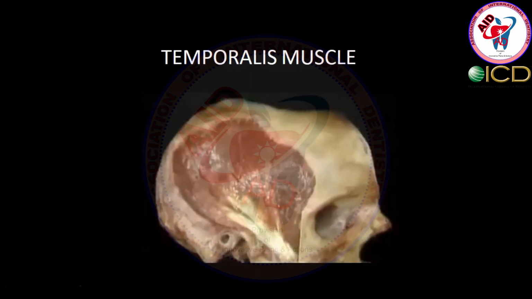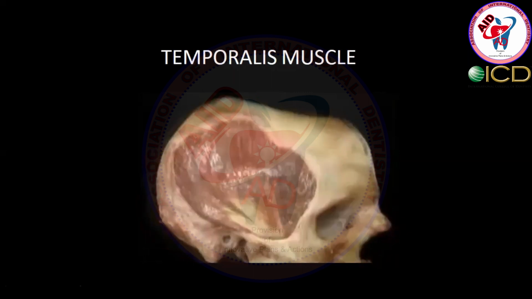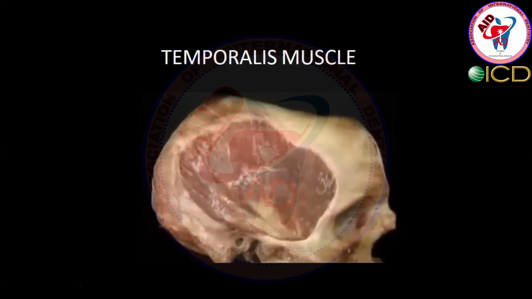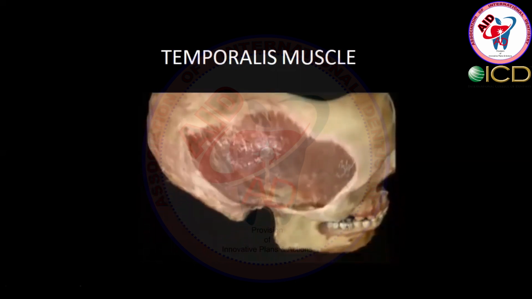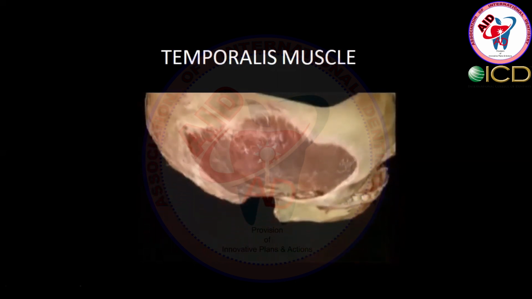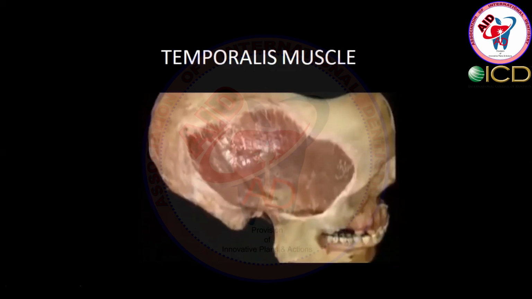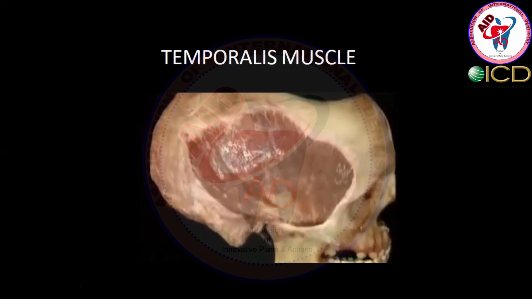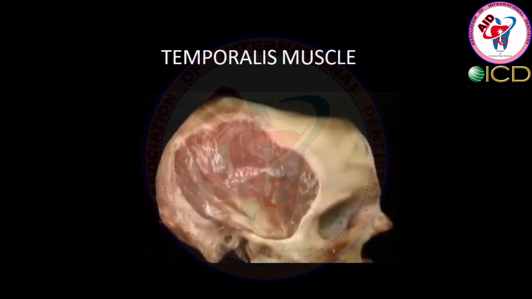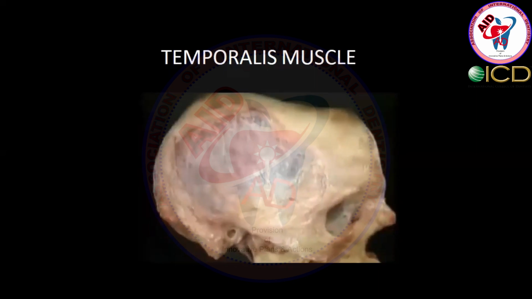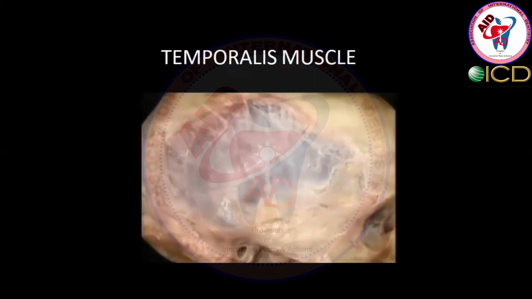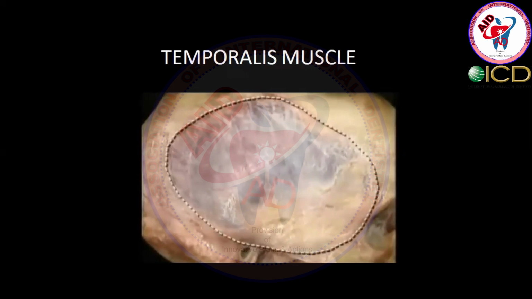Now this is the temporalis muscle, and if we give the attachment back to the zygomatic bone and see from above, you will see from down there is a deep temporal fossa, and that is the place where the movement of the coronoid process occurs. This whole area is being covered by a big fascia called the temporal fascia, which also comes forward superiorly and inferiorly to the zygoma and zygomatic arch.